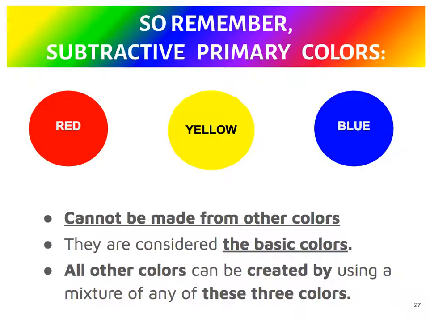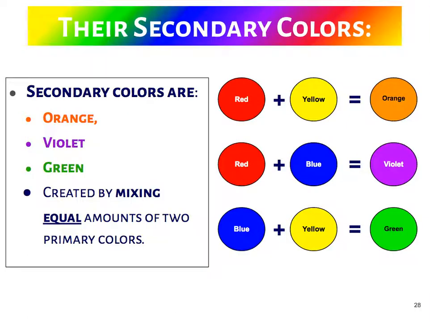subtractive primary colors are red, yellow, and blue. They cannot be made from other colors. They are considered the basic colors, and all other colors can be created by using a mixture of any of these 3 colors. And just to recap a little bit more again, secondary colors are created when you mix